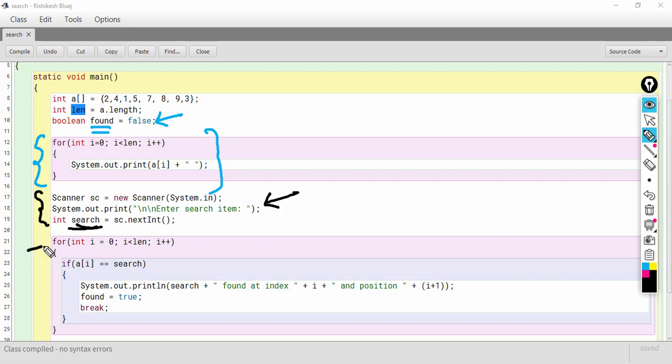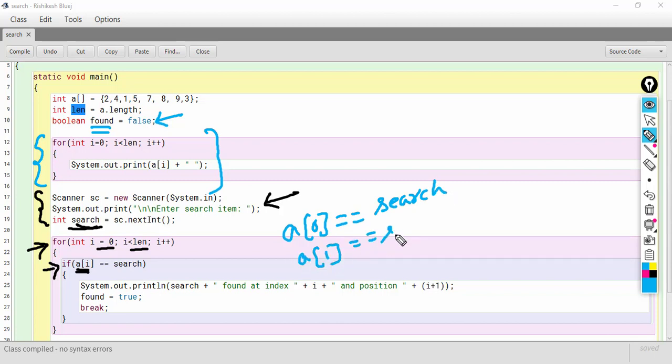Then I start a loop which will go from 0 till length minus 1, and inside the loop I am checking every location. First I compare a of 0 with our search value, then a of 1 with search, till the length minus 1 index.